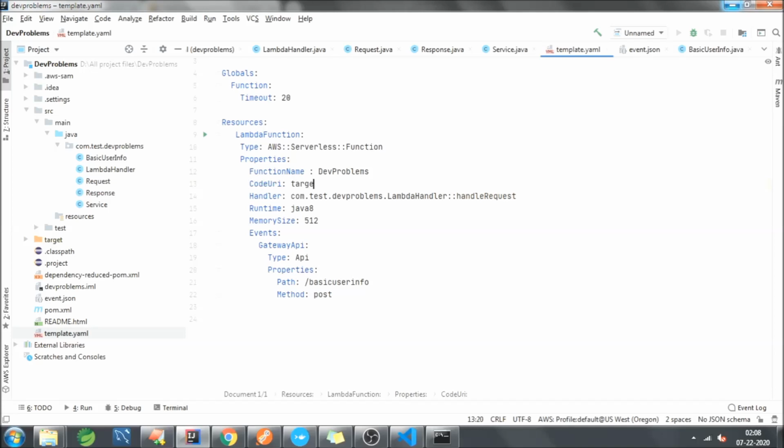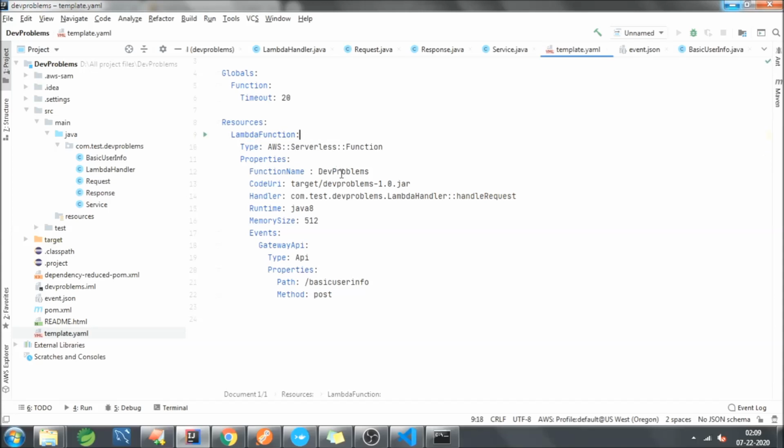So our jar is present in the target folder, so I will mention it over here, 0.jar. Okay, and make sure of the indentation. It is very important. If you just miss anything like this, if you just put any extra tabs, then there will be a problem.